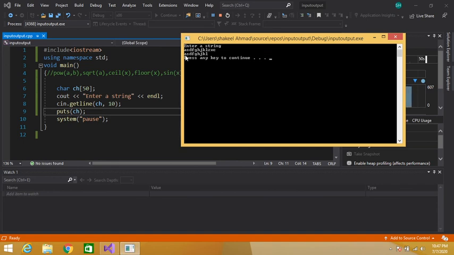So notice, it has displayed 9 characters, and 1 character is reserved for the null character.